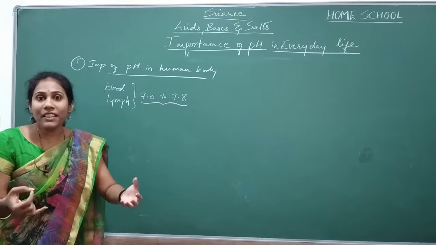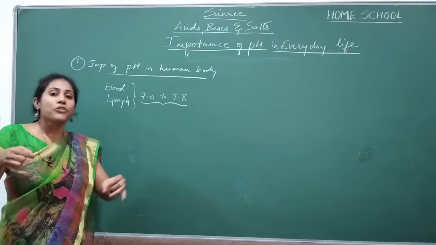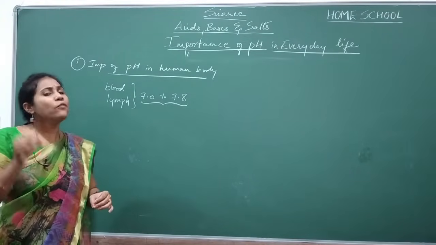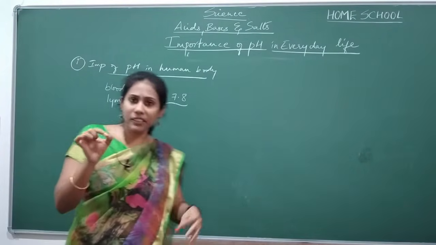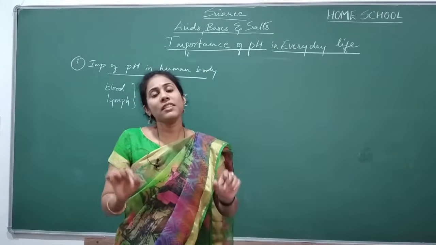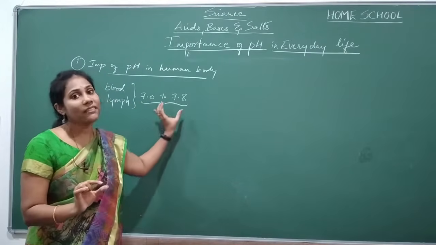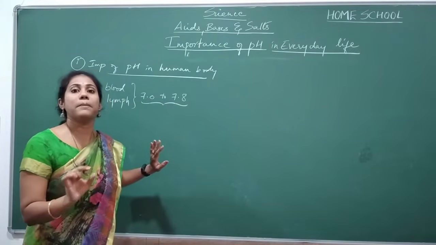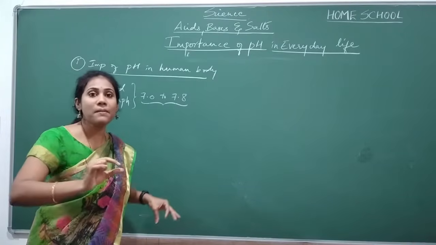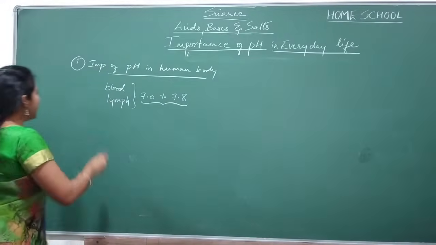For that I need energy, and to get energy inside, some chemical process has to happen. So like this, every single second one or the other chemical change does happen inside our body. For all these changes, this pH range has to be maintained. Otherwise you will definitely find some disturbance inside the body, and that disturbance only we call disease. Okay, fine.